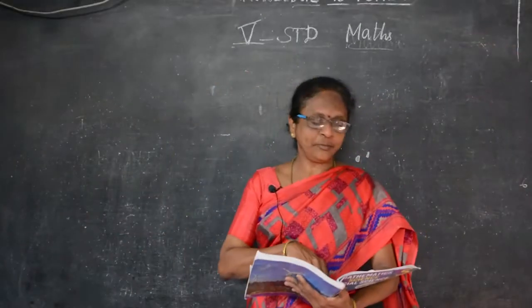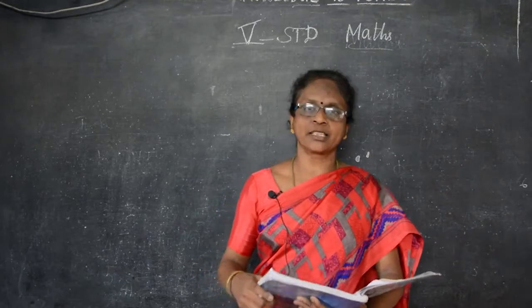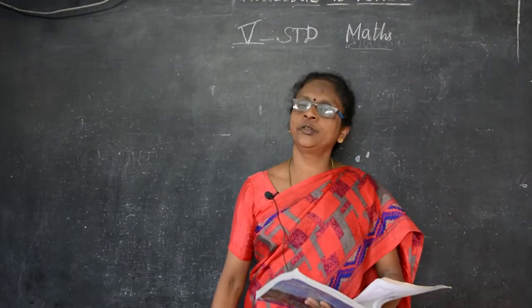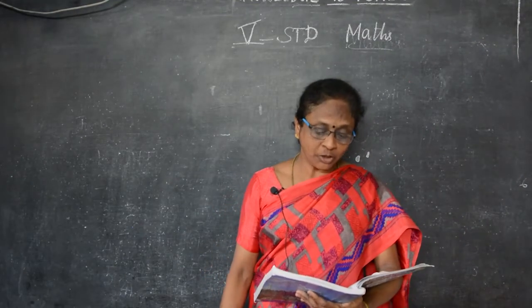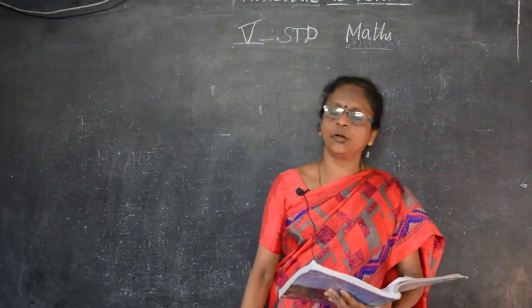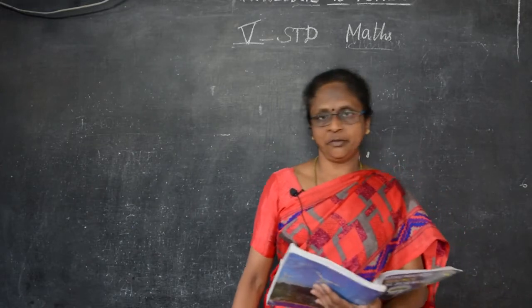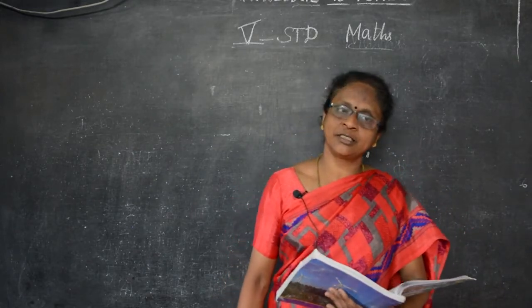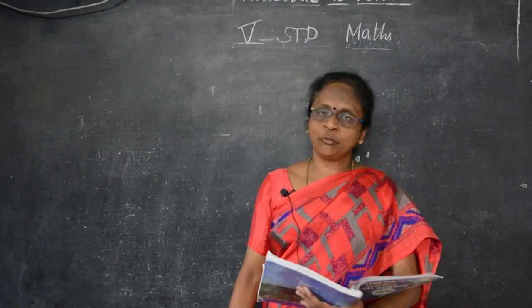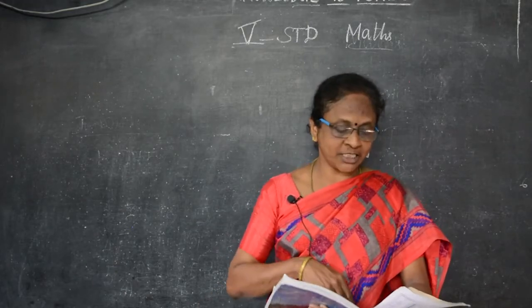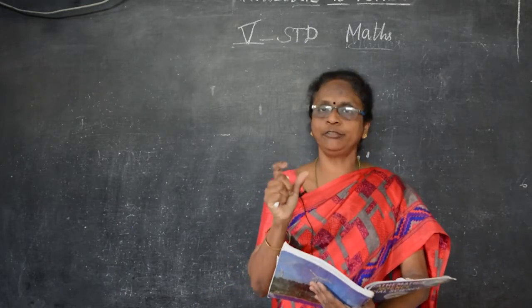Okay children, now I am going to take the fifth maths. Now we are going to see about the net of a cuboid, cube, cylinder and cone. Already we have seen about the cube, cuboid, cone and cylinder. Everything we have seen, the shape, diagonal, vertices, how many faces, how many vertices and edges. Now we are going to see about the net of a cuboid.